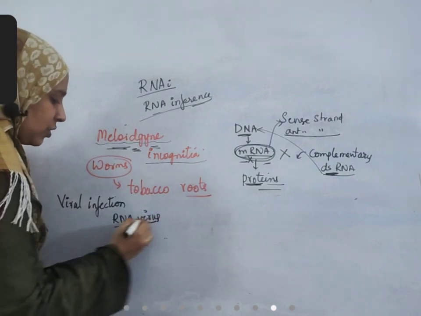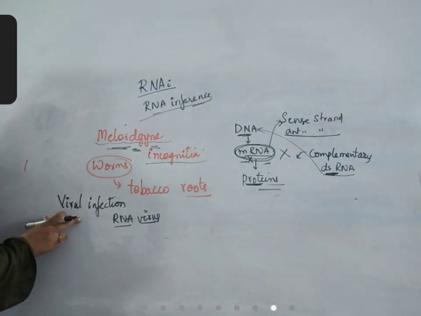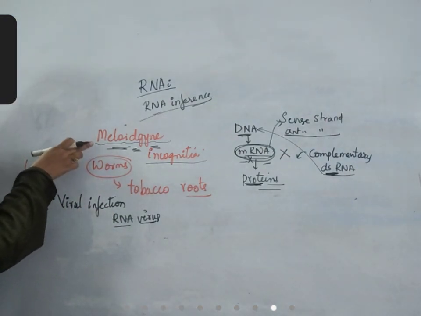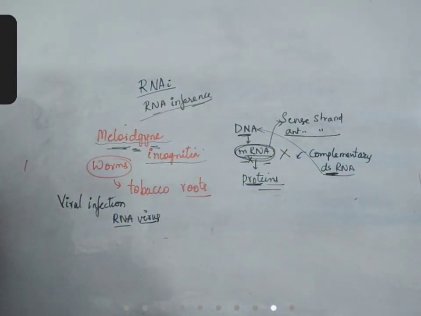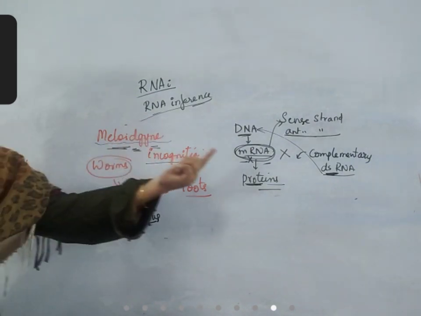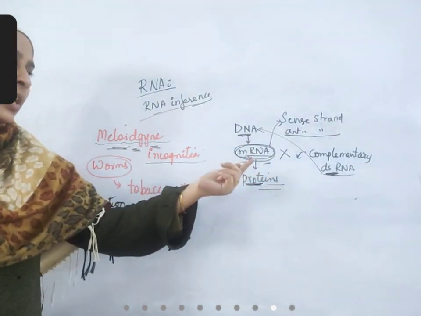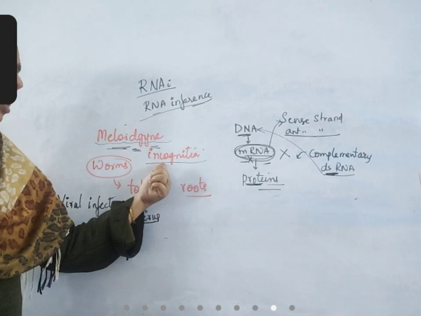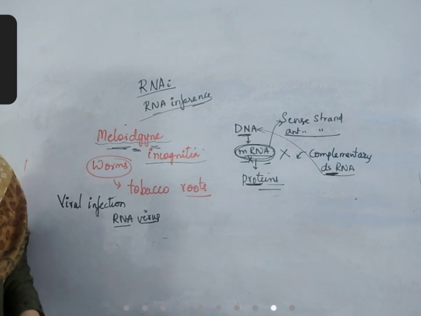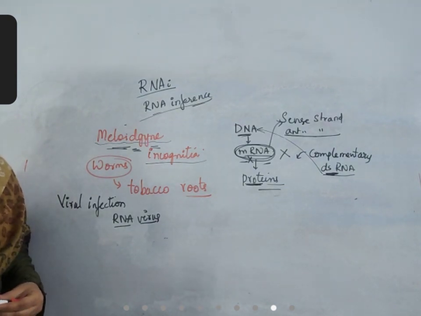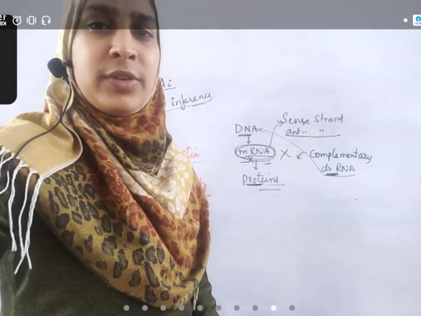then what happens? From the RNA sequences of these viruses, we can find the sequence of this nematode. As a result, the production of this complementary double-stranded RNA is possible. Okay. Information related to this mRNA is obtained from these viruses, and double-stranded RNAs are synthesized and introduced into this nematode, and as a result it cannot produce proteins, it eventually dies, and this process is called RNA interference. Is it clear?